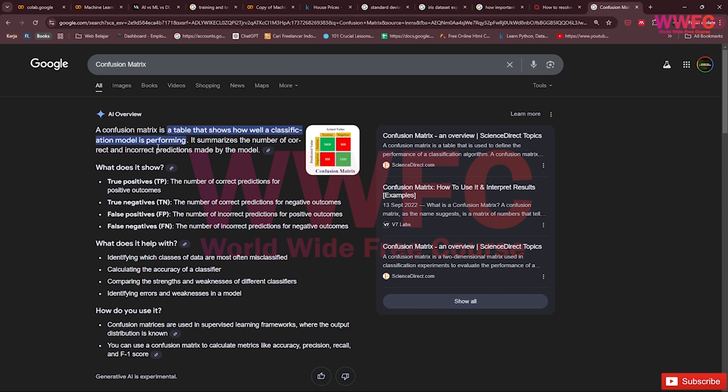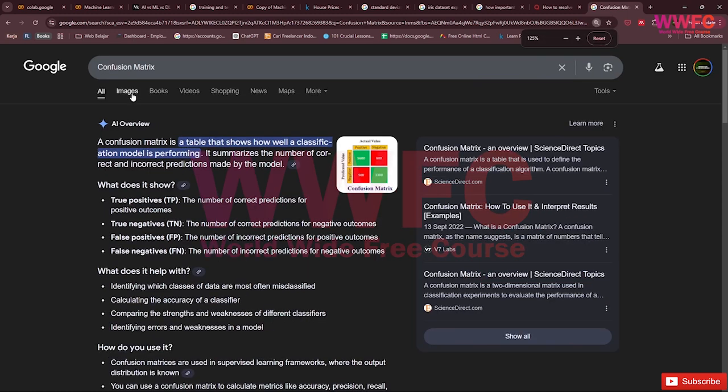It summarizes the number of correct and incorrect predictions made by the model. So we have true positive and true negative, false positive and false negative. True positive is the number of correct predictions for positive outcomes. True negative, the number of correct predictions for negative outcomes. False positive, the number of incorrect predictions for positive outcomes. False negative, the number of incorrect predictions for negative outcomes.